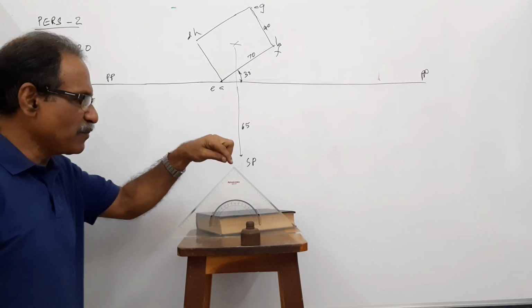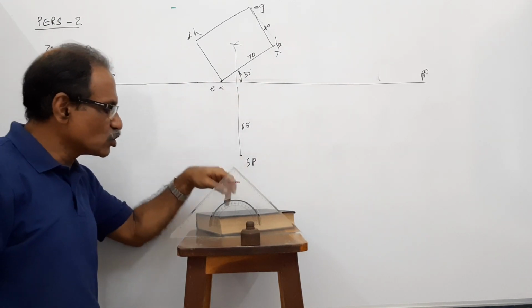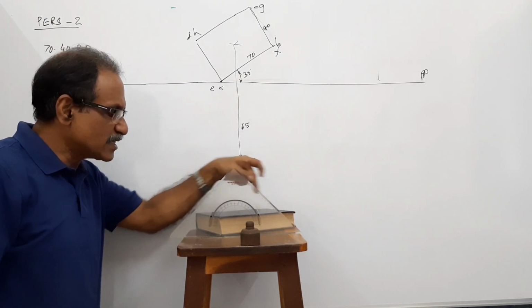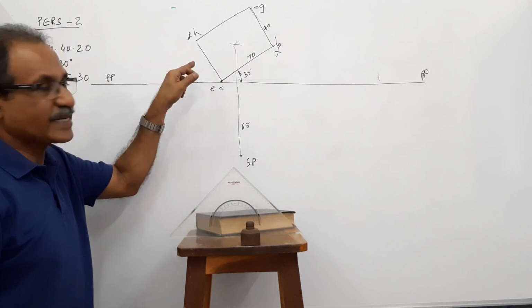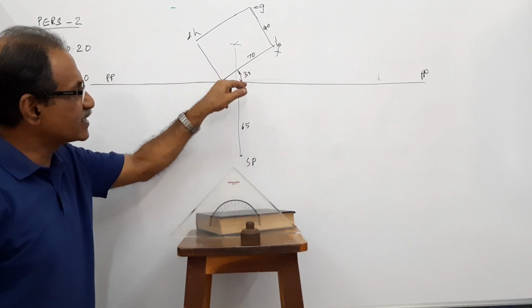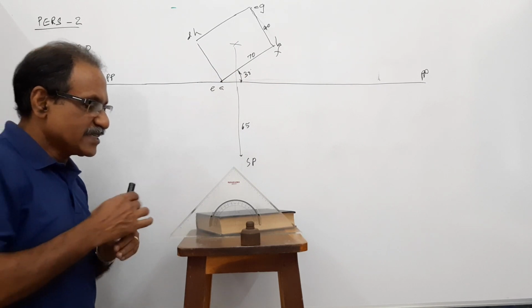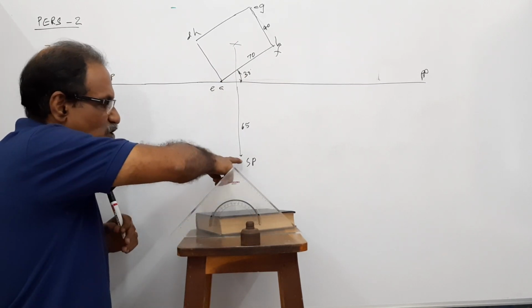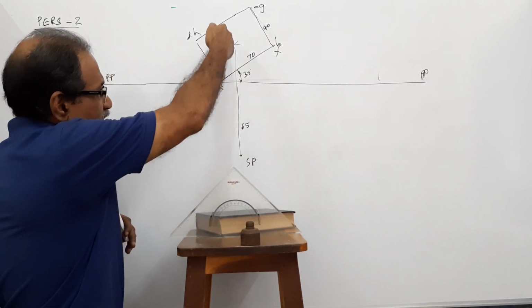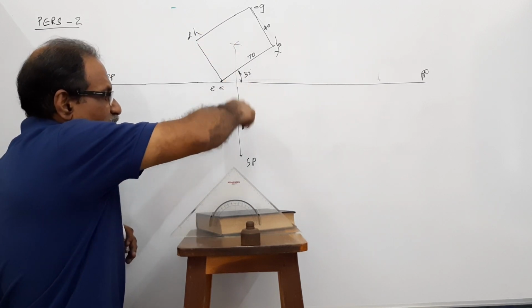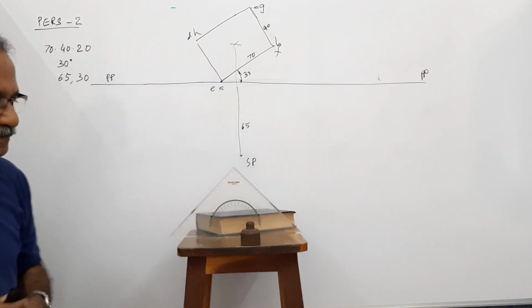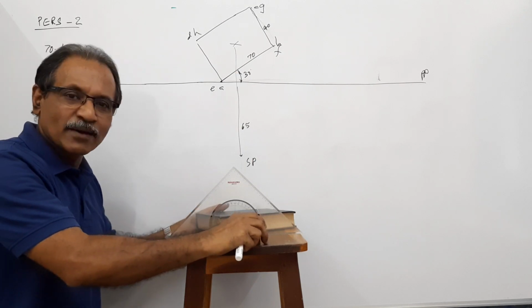You have drawn the plan of PP. Plan of PP is a line. You draw the plan of this box. Plan of this box is a 70-40 rectangle with the larger side making 30 degrees to PP. Then station point is a point, SP. Where is it marked? Draw the central plane. 65 mm in front of PP, you draw SP. I hope you understand. Now I am removing this.